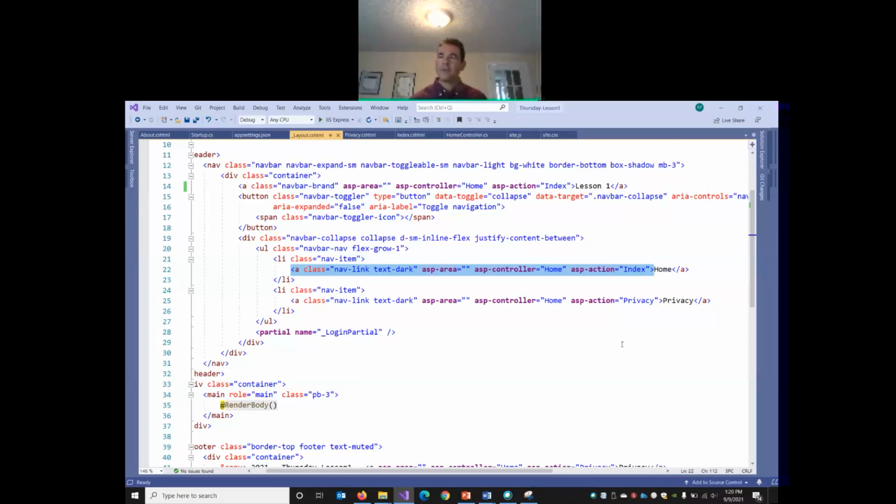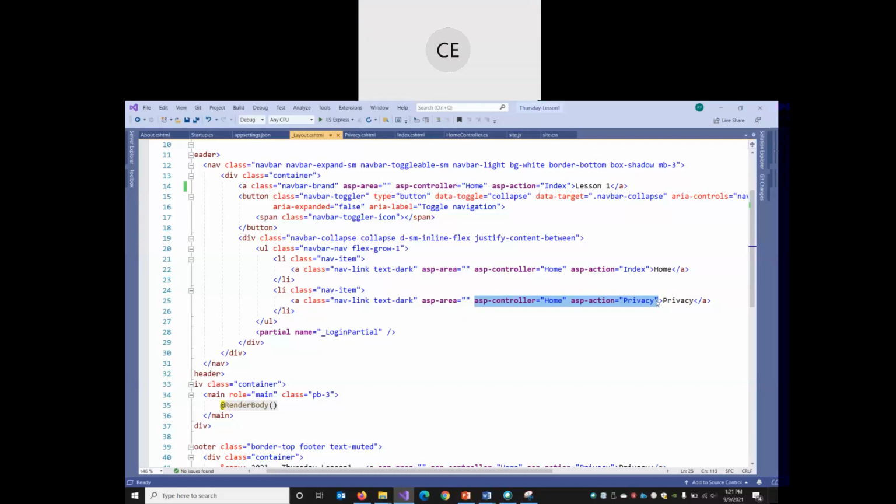Yeah, we've got these ASP elements. The ASP area is empty. We don't even need those. So we're just going to ignore that. So what do you suppose this means? ASP controller home, ASP action index, or ASP controller home, ASP action privacy. Notice there's no href property. We've got these instead. How come we have these instead of,